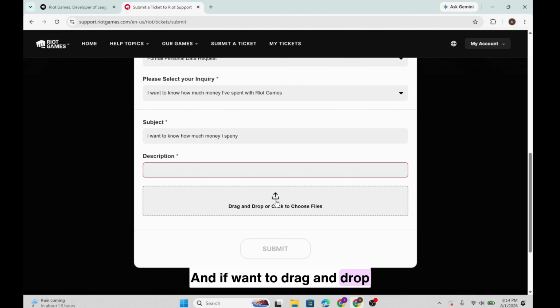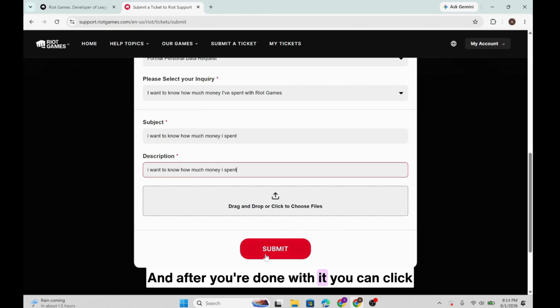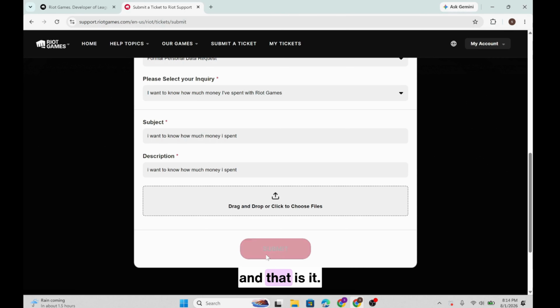And if you want to drag and drop or click to choose files, you can also attach supported files here. And after you're done with it, you can click over here that says submit. And that is it. That is how you can